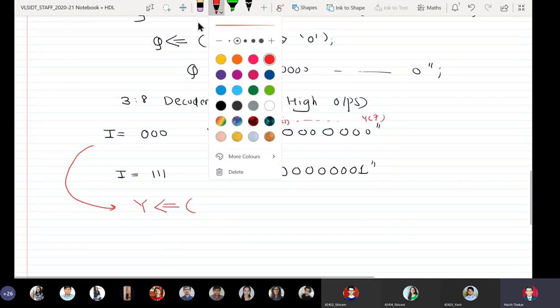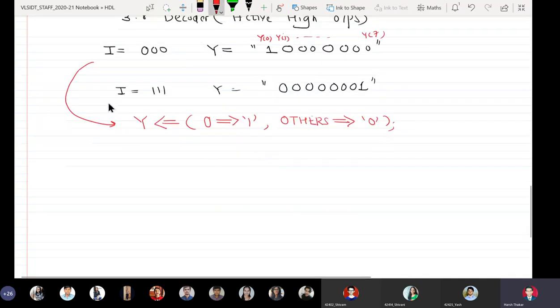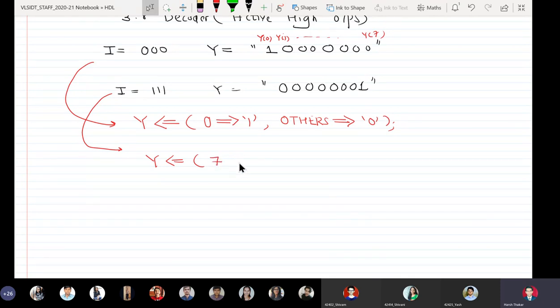So because I want to make the Y0 bit 1, I will say 0 is assigned 1, others assigned 0. Okay, similarly, for this particular case, I will say Y is assigned. Now Y7 has to be assigned, so I will say 7 should be given logic 1, while others should be given 0.